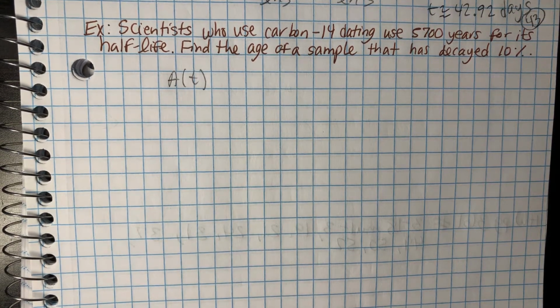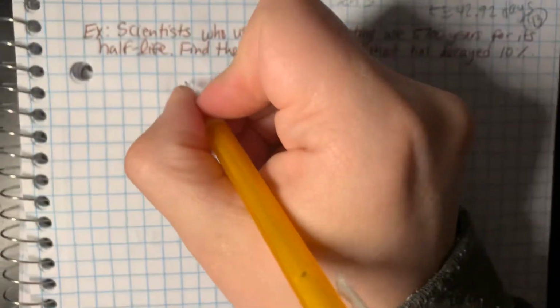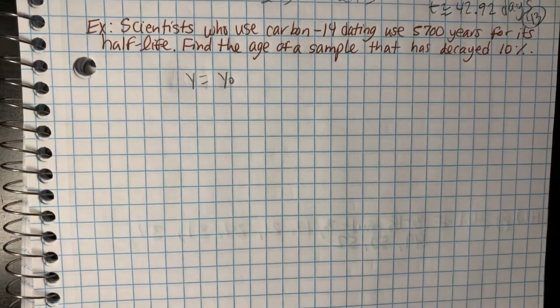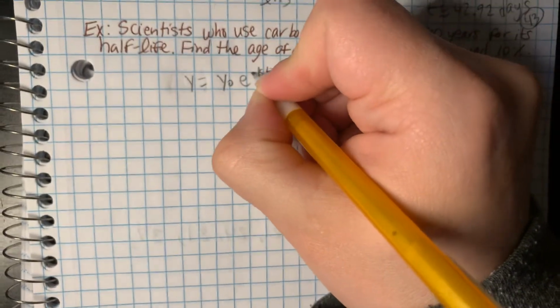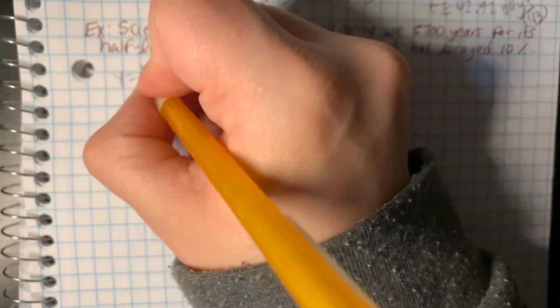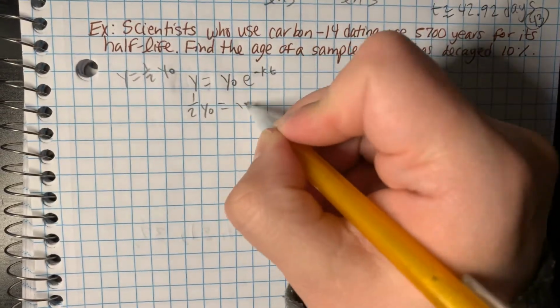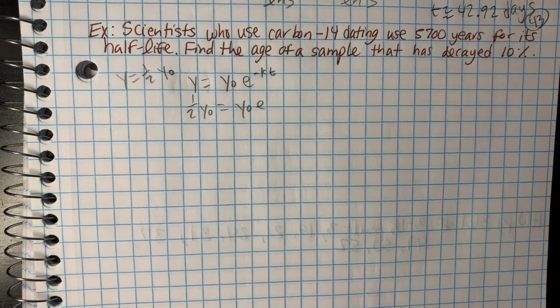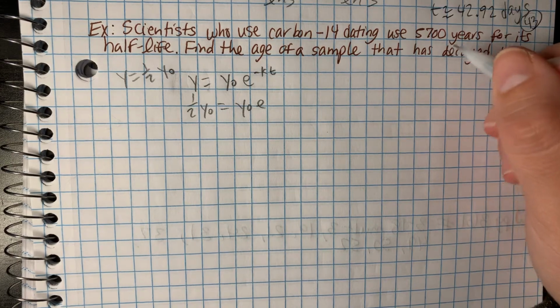I gotta go back to the half-life page because I don't have it all memorized in my head. Okay, y equals y0 e to the negative kt. Okay, we remember when we're talking about half-life, we know that y equals 1/2 of y0. So 1/2 y0 equals y0 e to the,